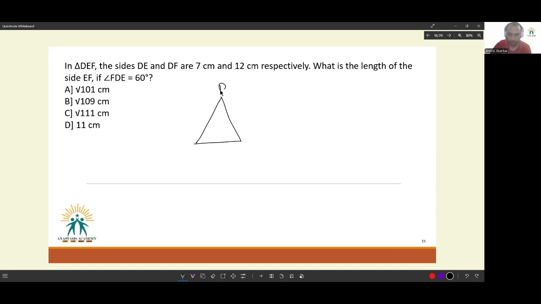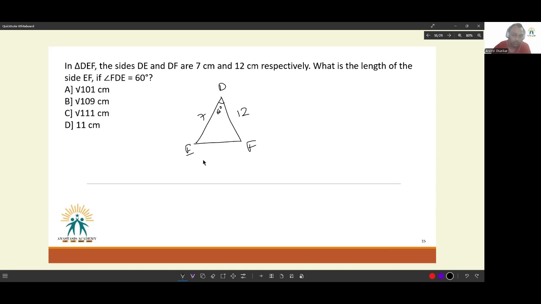Okay. This is D, this is E, this is F, this is 7, this is 12. What is the length of side EF if angle FDE is 60 degrees? Now, you can do it by using area and